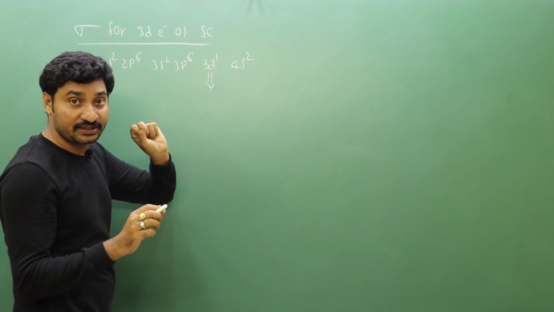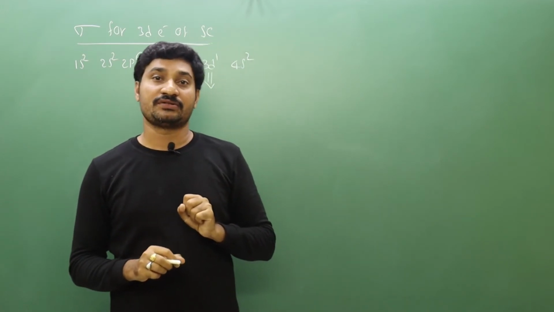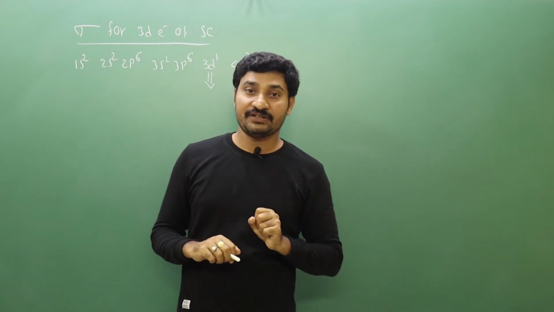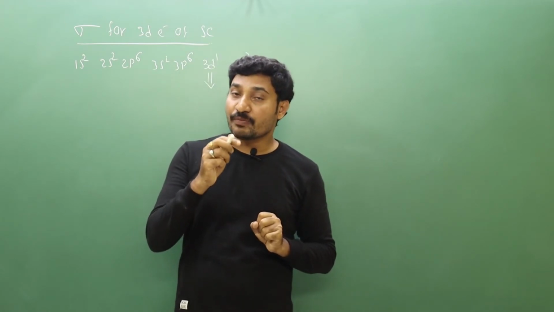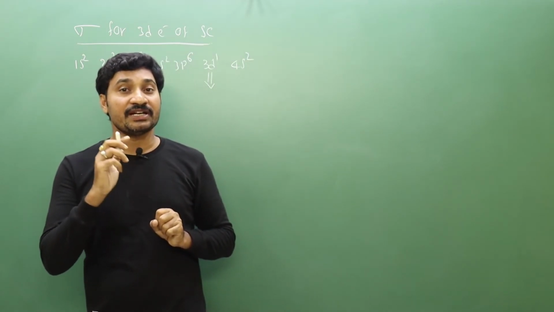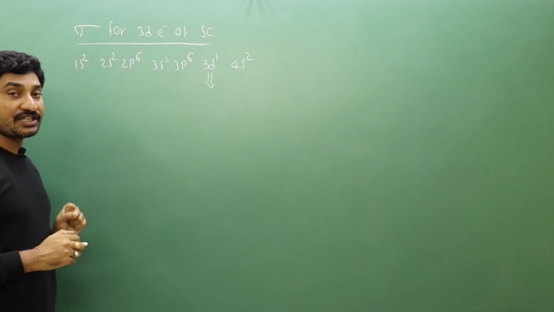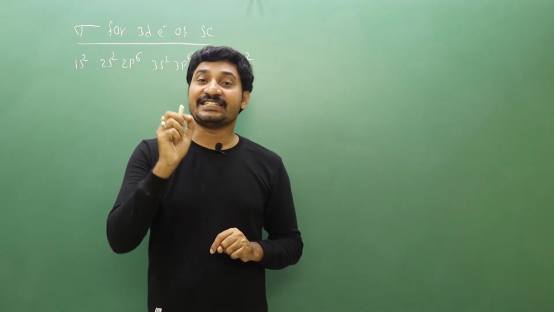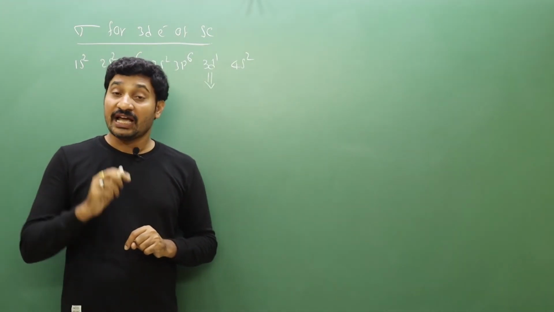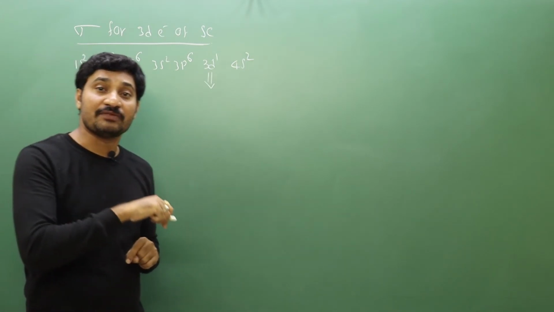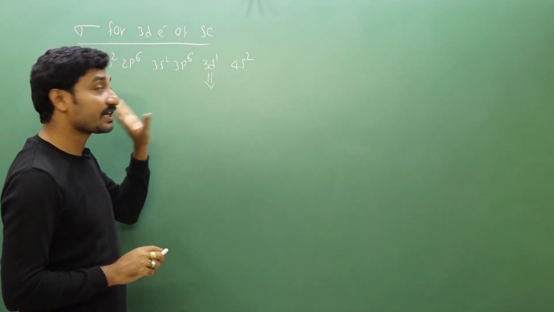Already we discussed 2 cases, right? In case 1, each electron of the ns and np orbitals has a sigma value of 0.35, the n minus 1th shell of s, p, d has 0.85, and the remaining shells, n minus 2, n minus 3, n minus 4, have the value 1. In case 2, for each electron of nd and nf orbitals the value is 0.35, and for the remaining shells, n minus 1, n minus 2, n minus 3, each electron has the value 1. So this comes under the second case.